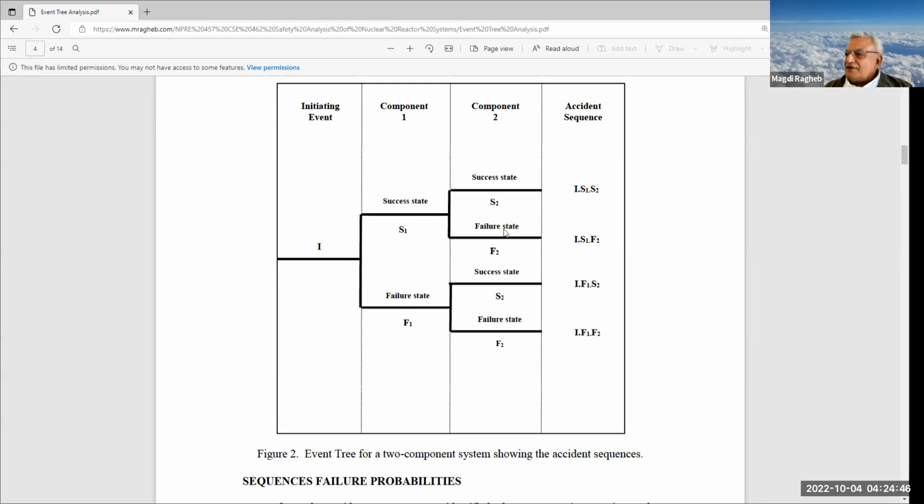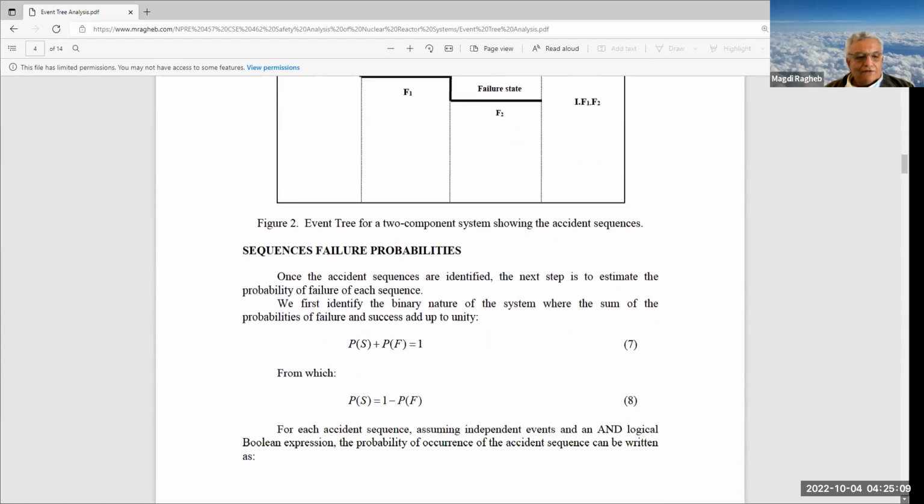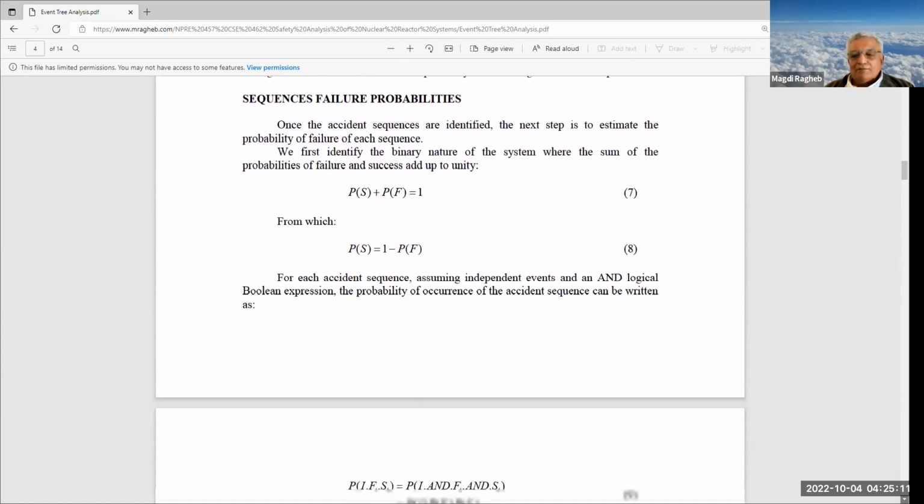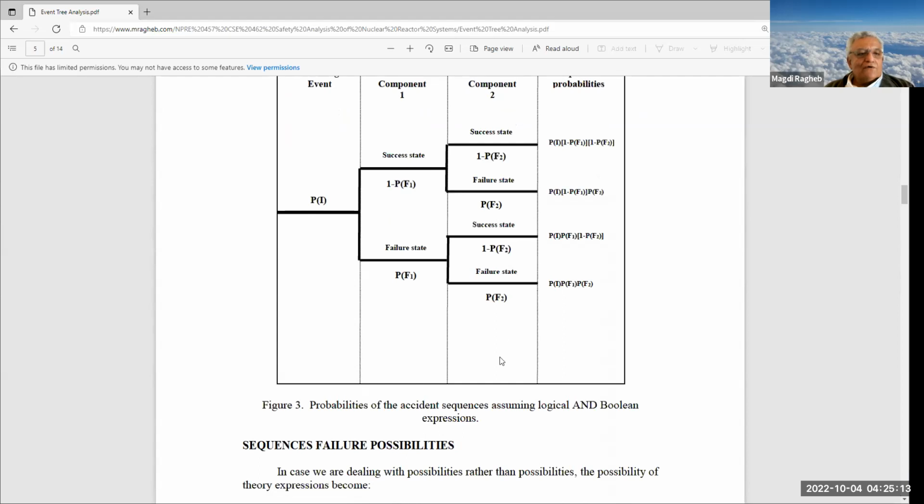So there is here an implicit AND gate. And we said in probability theory, if you have an AND gate and you have two events, the probability of event 1 multiplied by the probability of event 2 is the probability of both events 1 and 2 occurring. So in that case, we turn our tree here into a sequence of probabilities, and we assign for each